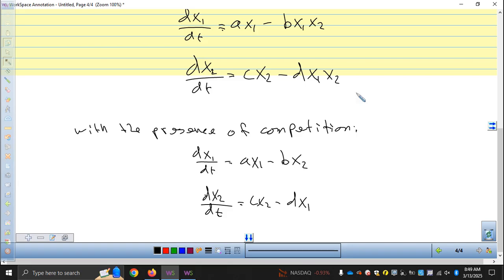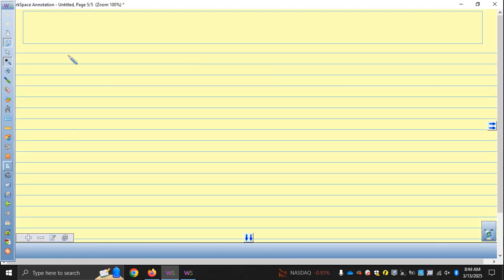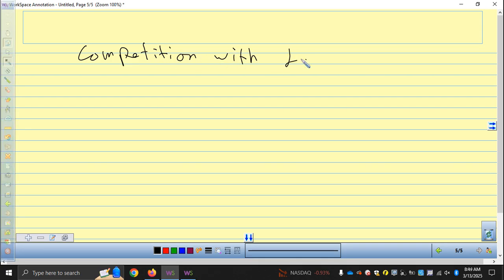And then finally, we saw in the last chapter that another model for population growth is the logistic model. That's where the relative rate of change is a function of the population. The relative rate of change was the rate of change divided by the population, which is some function of the population. And the logistic model is when that function was linear. So if we have competition with logistic population growth,